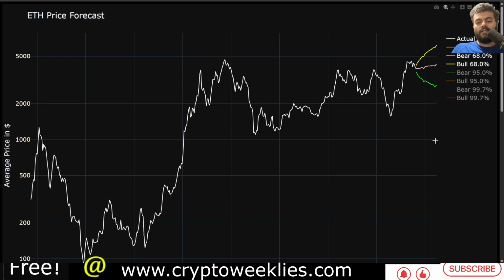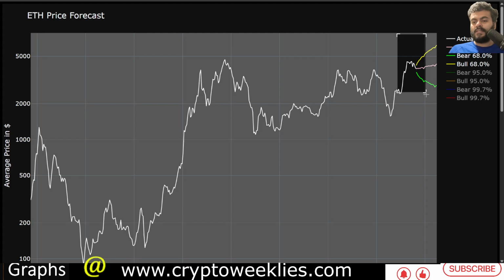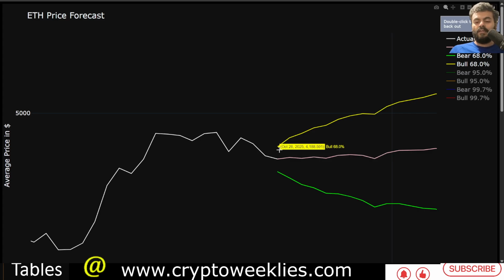Coming to the machine learning based price forecast and analysis using extrapolation with seasonal ARMA, the ML model is trained on ETH's price since November 2017. So a good 8 years of data at a weekly average helps identify the 6 months outlook for ETH, again, out of which about 3 to 4 months are of key area of interest.